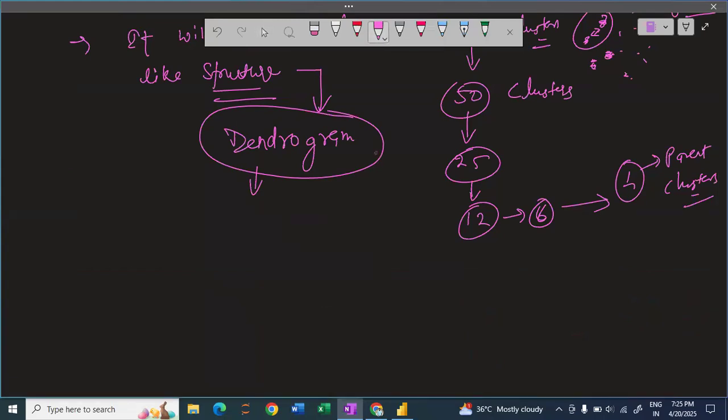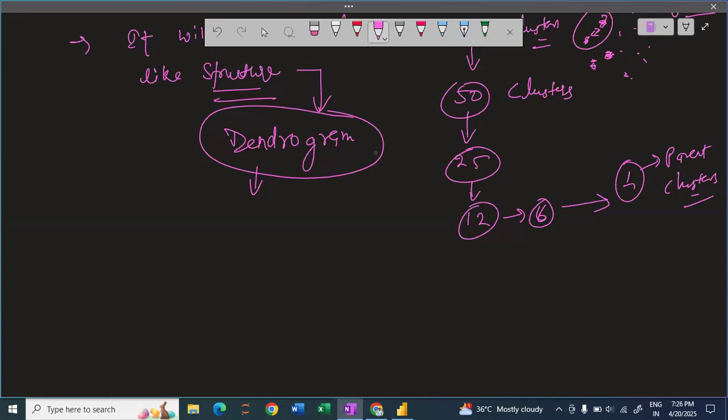Okay. So as you know, in k-means clustering we have the elbow method, right? And in hierarchical clustering we have the dendrogram method. First we create a dendrogram, then we identify how many clusters are suitable, or what is the optimal number of clusters that we have to define for our model. Okay,